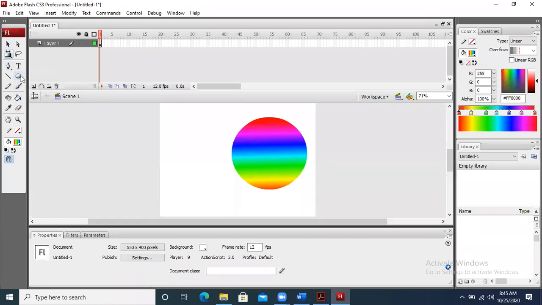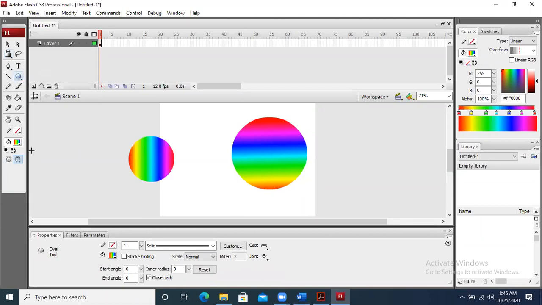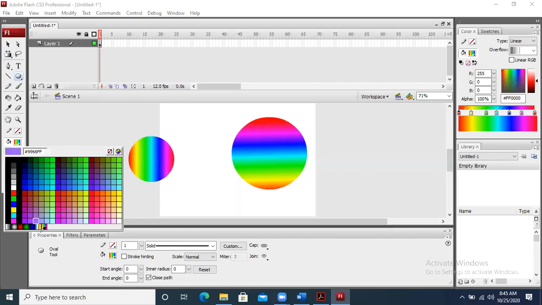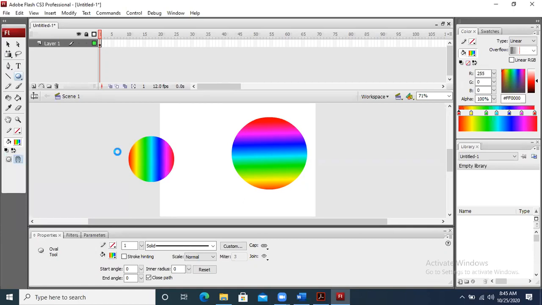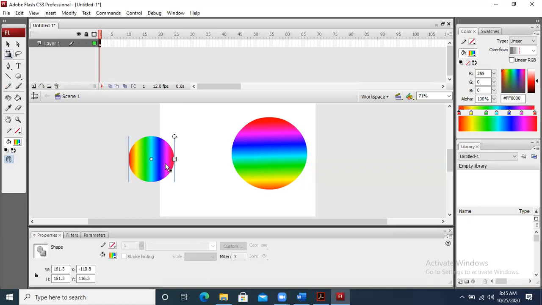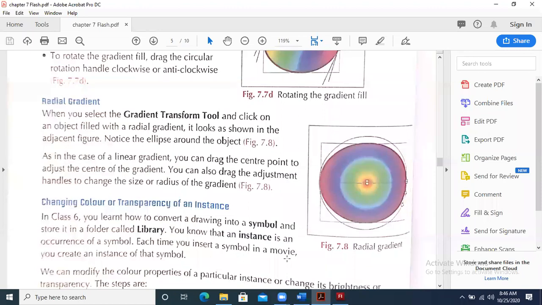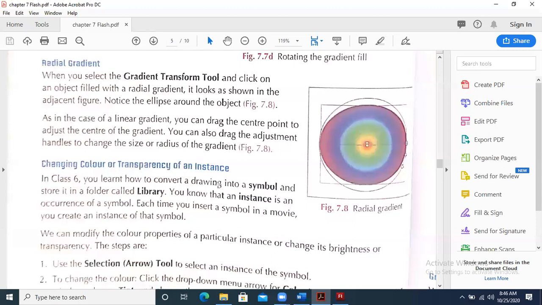So let me draw some object. If I draw an object and fill it with this color, then when you select the gradient transform tool and click on an object filled with a radial gradient, it looks as shown in the figure.